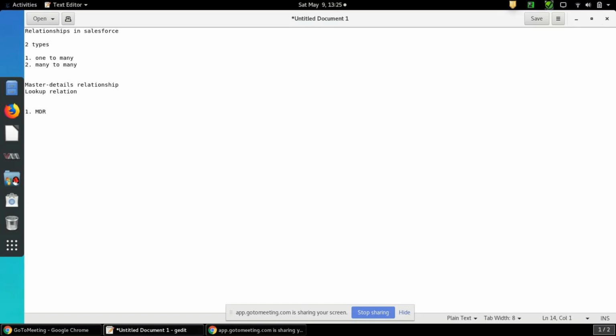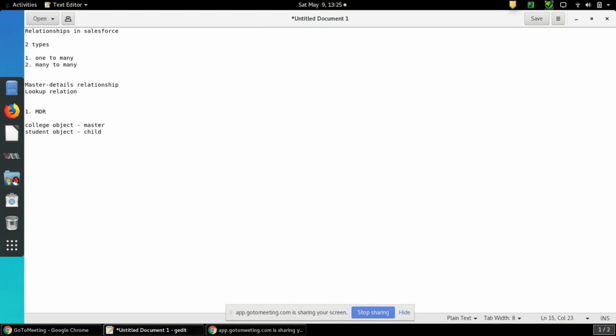In a master-detail relationship, whenever you create a master-detail relationship between two objects, a child record must be associated with a parent. Suppose I take one example, college object as master and student object as child.